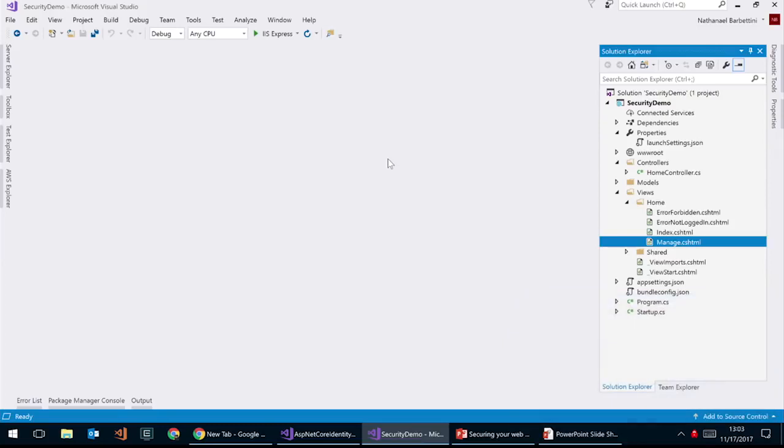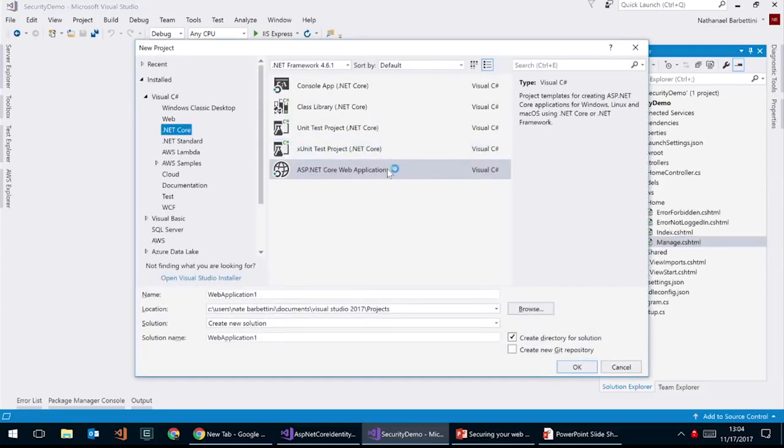Okay, so I'm using Visual Studio here just because that's what I'm used to, but you don't have to use Visual Studio. ASP.NET Core 2.0 is totally cross-platform, so if you prefer using a Mac or you prefer editing on Linux in Atom or Sublime or Vi or VS Code or whatever your favorite editor is, you can totally use that. What I've done is I've just created a brand new ASP.NET Core 2.0 application